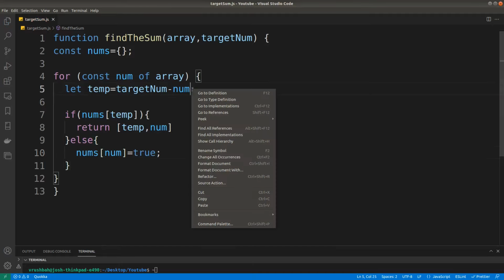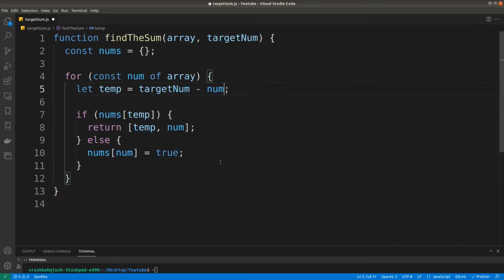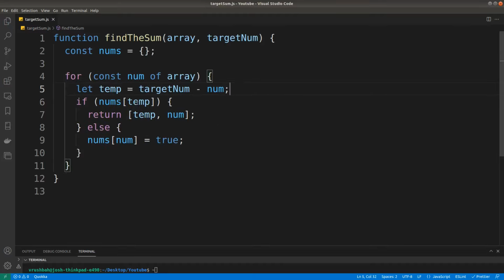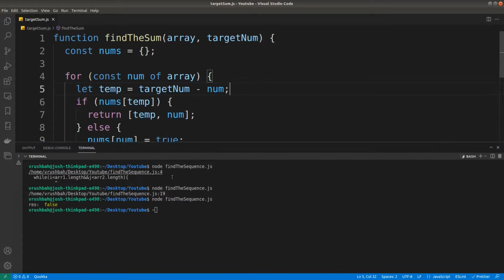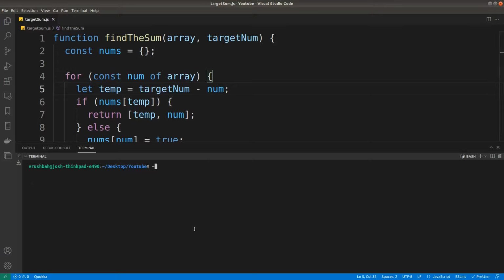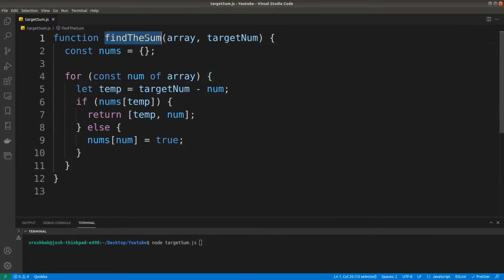So let's format this. I think this will work. So let's try to run this program, and let me clear the console and run node. But before that we have to call the function, right?